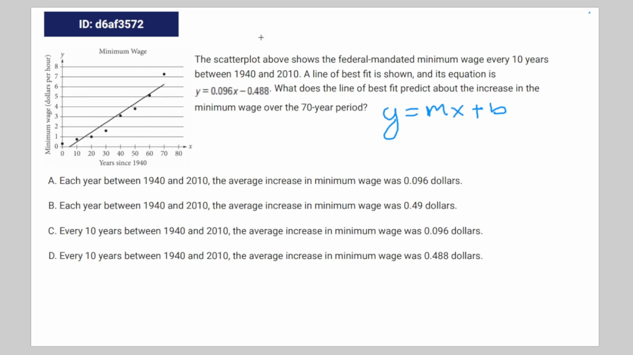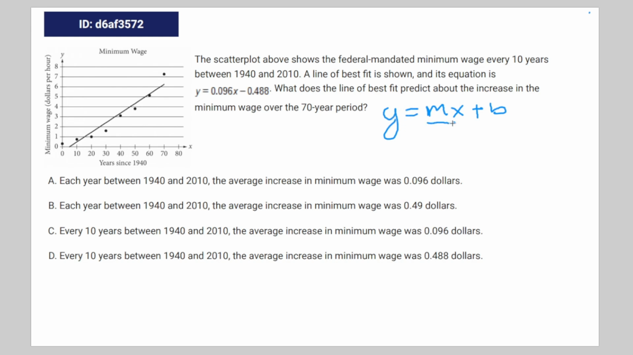Well, it's asking us, the scatter plot above shows the federal mandated minimum wage every 10 years between 1940 and 2010. A line of best fit is shown, and its equation is y is equal to 0.096x minus 0.488. What does the line of best fit predict about the increase in the minimum wage over a 7-year period? So, to read this slope-intercept form, essentially for every increase of x by 1, y is going to